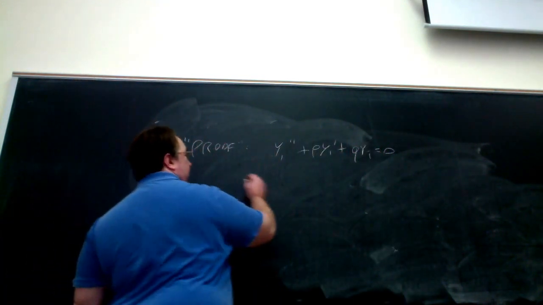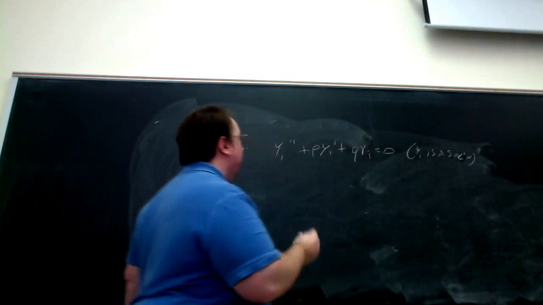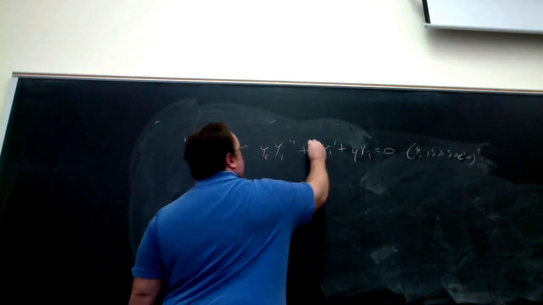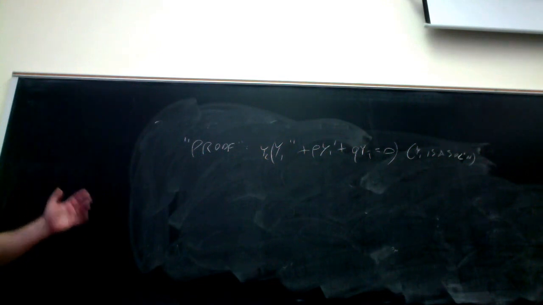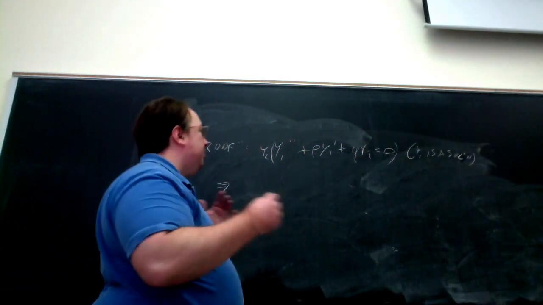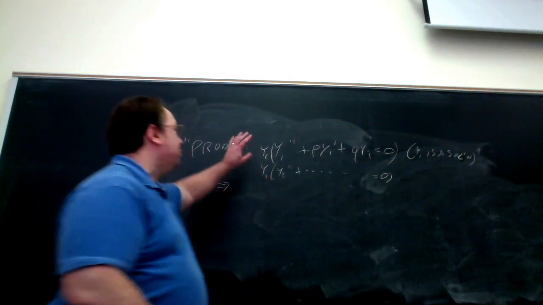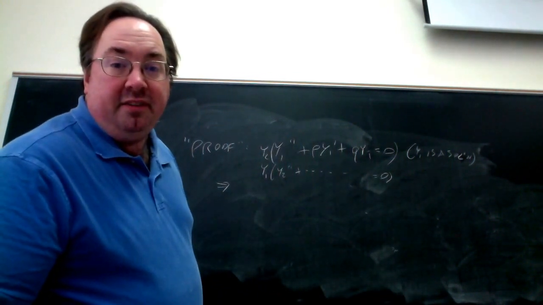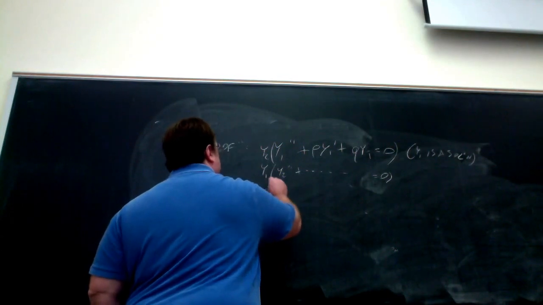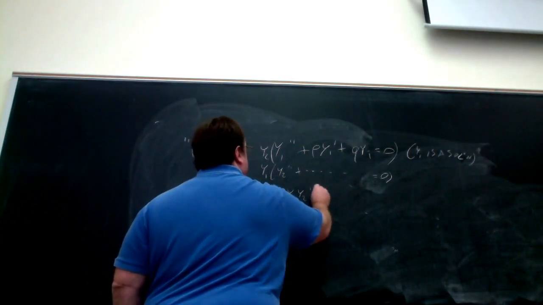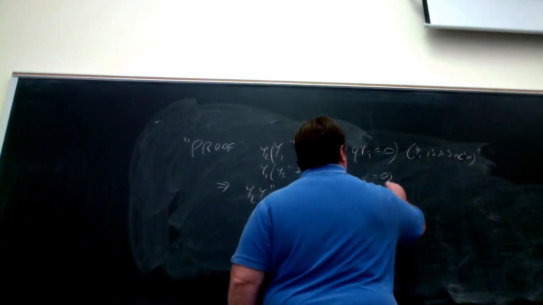is equal to 0 because y1 is a solution. But what I can do, therefore, is multiply this by y2 on both sides. And then I can plug y2 into the same equation and also get 0 and multiply that by y1. So if I take these two equations, and I subtract them, then what I get after simplifying as much as I can is that y2 y1 double prime minus y1 y2 double prime plus p times y1 prime y2 minus